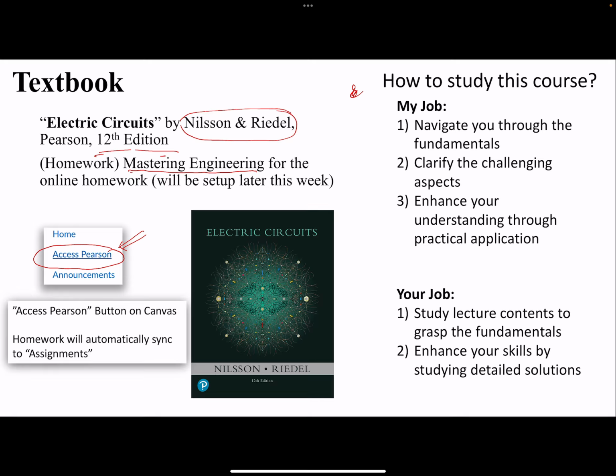We're going to spend a lot of time mathematically deriving the expressions. Taking an expression to solve a problem is one thing, but mathematically deriving an expression is going to walk you through how to come up with a solution if you were to see a circuit that you don't know what to do with. So we're going to learn a lot from that perspective.